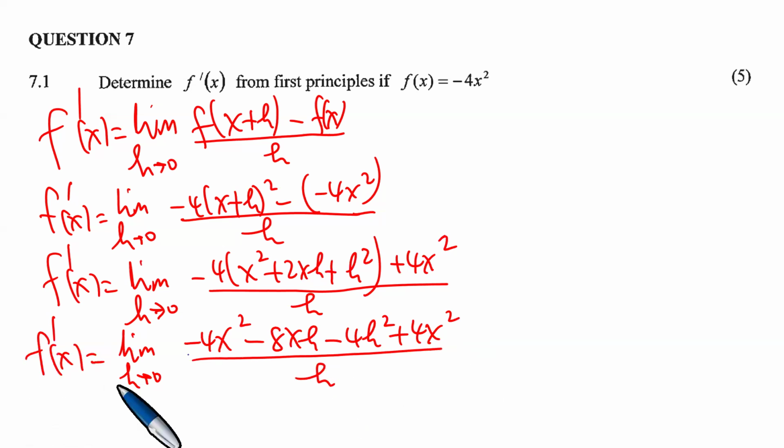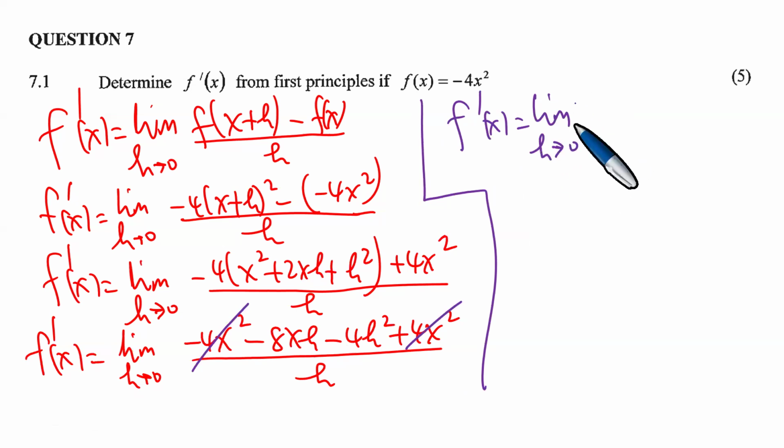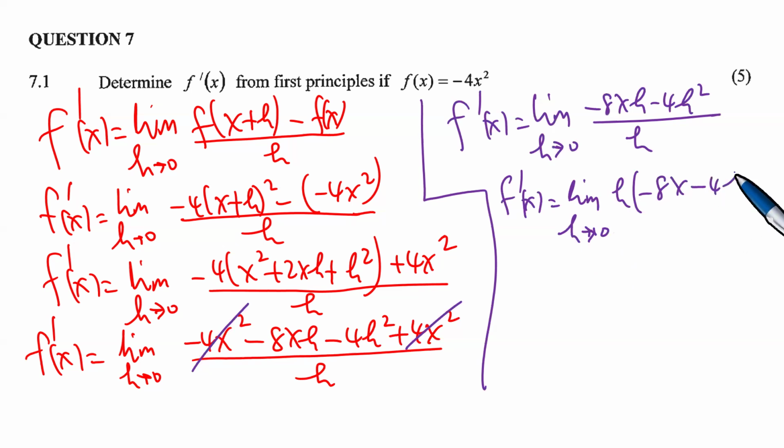And we cancel these two here, which means therefore we have f prime of x equals the limit as h tends to 0 of minus 8xh minus 4h squared over h, meaning that you have the limit as h tends to 0 of h open bracket minus 8x minus 4h over h. Okay, so